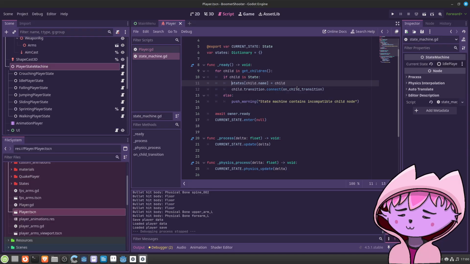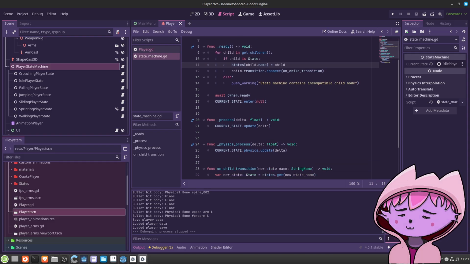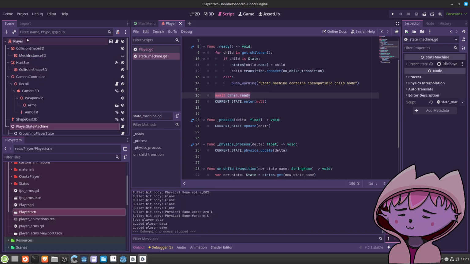And then we have a signal. Oh, that's a new thing. So this forces to wait until the player is ready. Okay, that's actually a cool thing.